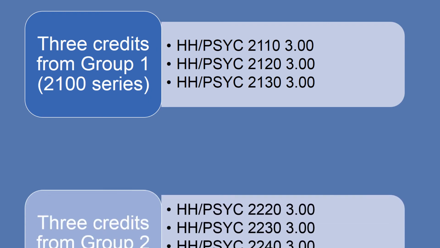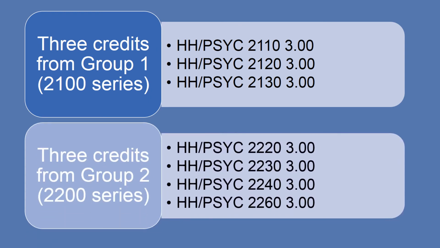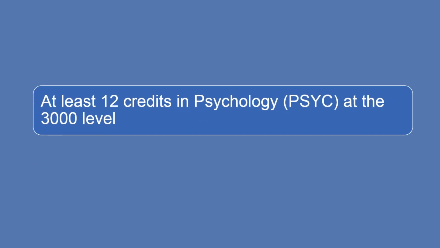You will also need to complete 3 credits from Group 2, the 2200 series, and you can choose from Psych 2220 Sensation and Perception 1, Psych 2230 Motivation, Psych 2240 Biological Basis of Behavior, or Psych 2260 Cognition. You must also complete at least 12 credits in psychology at the 3000 level or third year level. The completion of all these courses will total 33 credits and will ensure that you have a solid foundation in